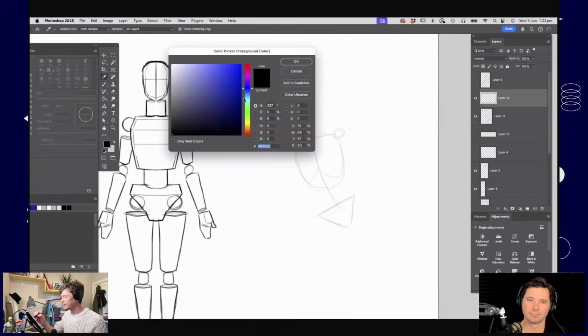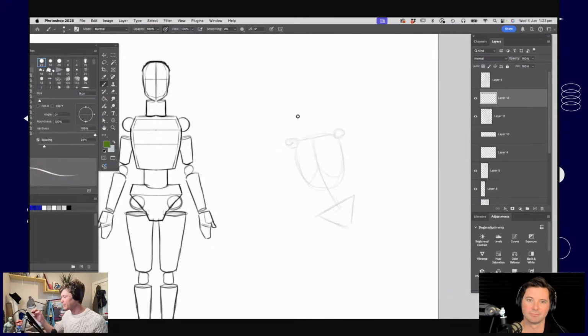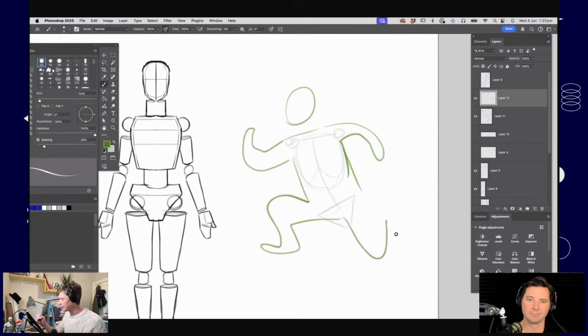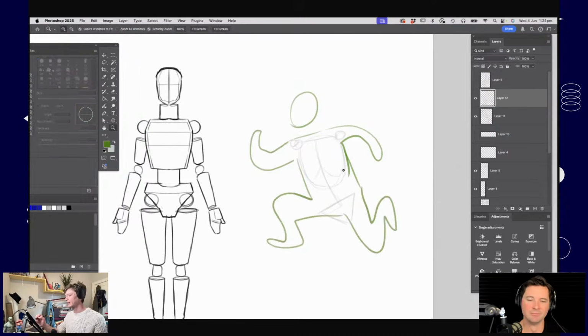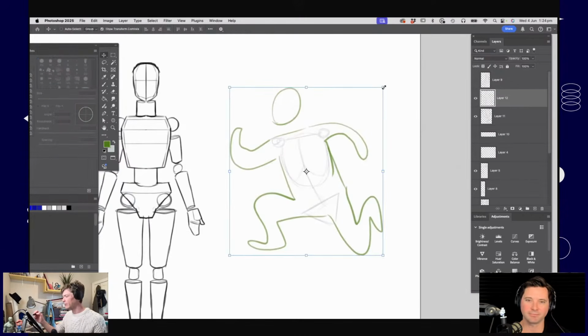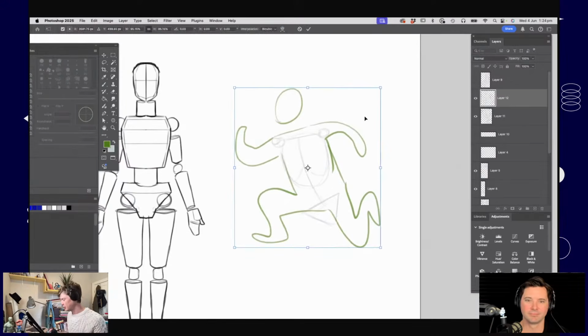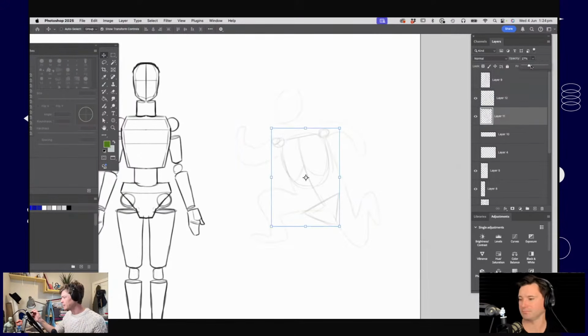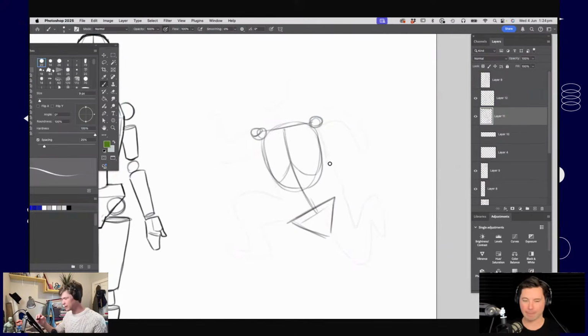So often when I'm doing this, I'll do the quickest, simplest version of, okay, I think a person running is going to look a bit like this. A really, really simple sketch. And I've kind of got that in mind already. So what's the most basic version of a person running? And then let's start going back to our stick figure.